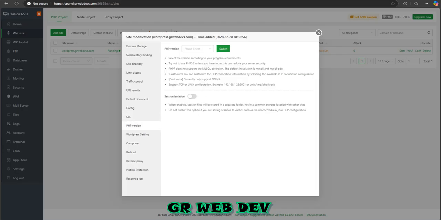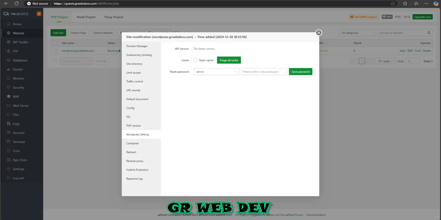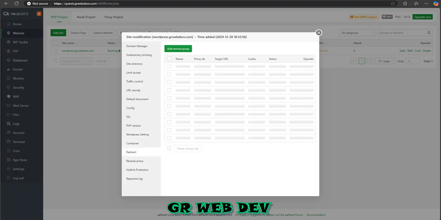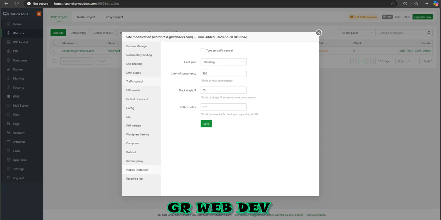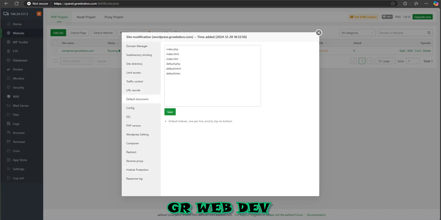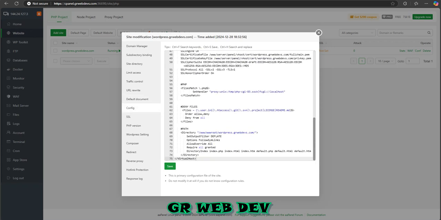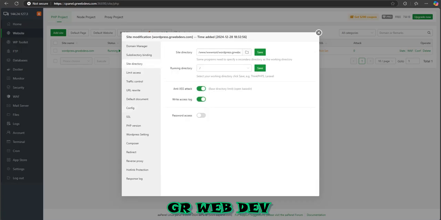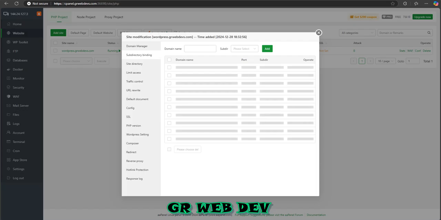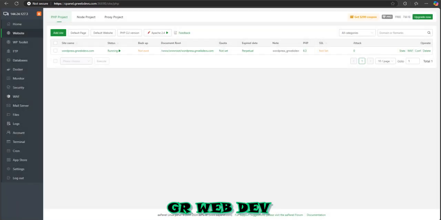Certificate saved. PHP version, you can change it from there, in web, others, composer, redirect, wildcard box, audio protection, traffic control, URL rewrite, quality document, config. Okay, limit access, site directory, password access, subdirectory binding. Okay, let's close these up and refresh these one more time. Okay, SSL. Okay, now